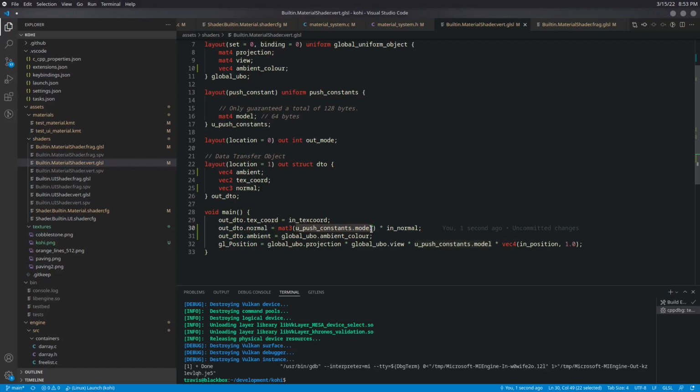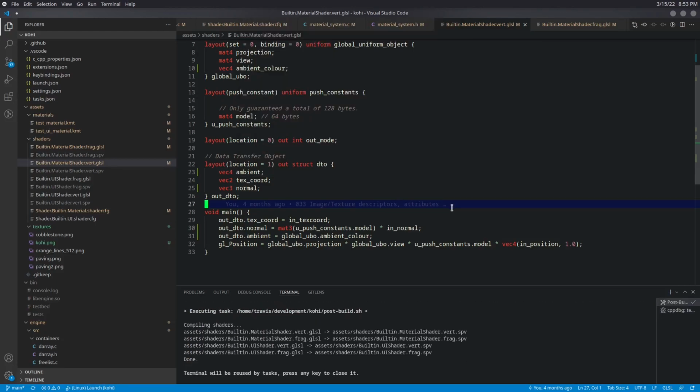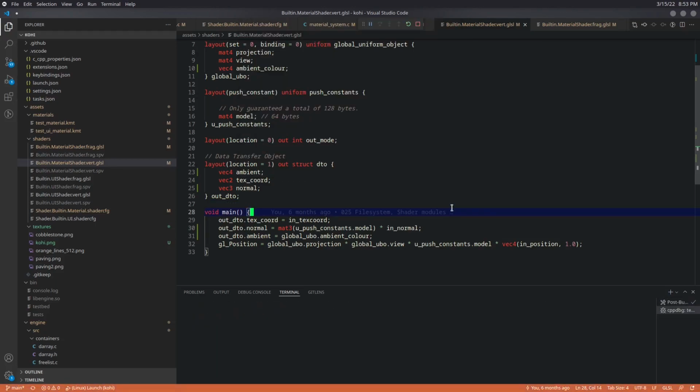And we can simplify this a little bit by converting it to a matrix 3, because the last row and column are not actually needed for this calculation. So we can take the matrix 3 of that and multiply it by the in normal, which is a vector 3, which is basically a 1 by 3 matrix, and get a 1 by 3 matrix as our new normal. And so if we do this and save, run our post build, and run again,